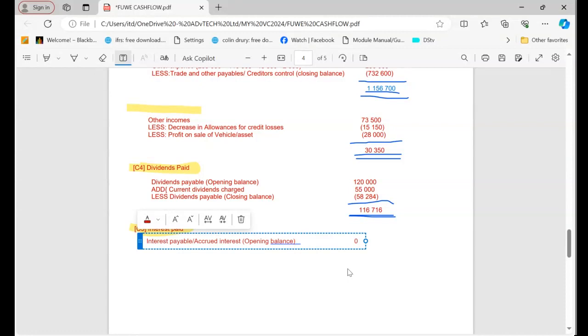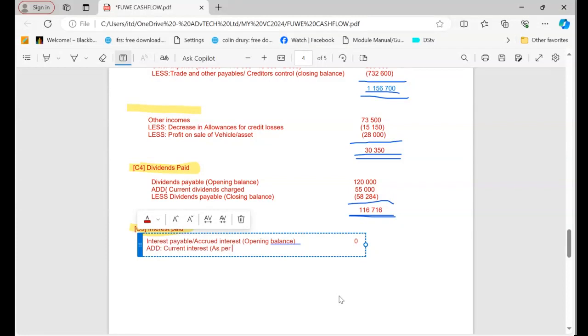Now we need to check the interest. I can say add current interest, meaning the interest that we had during the year. By the way, we know our year. Our year is 2023. So in brackets, I can just say as per